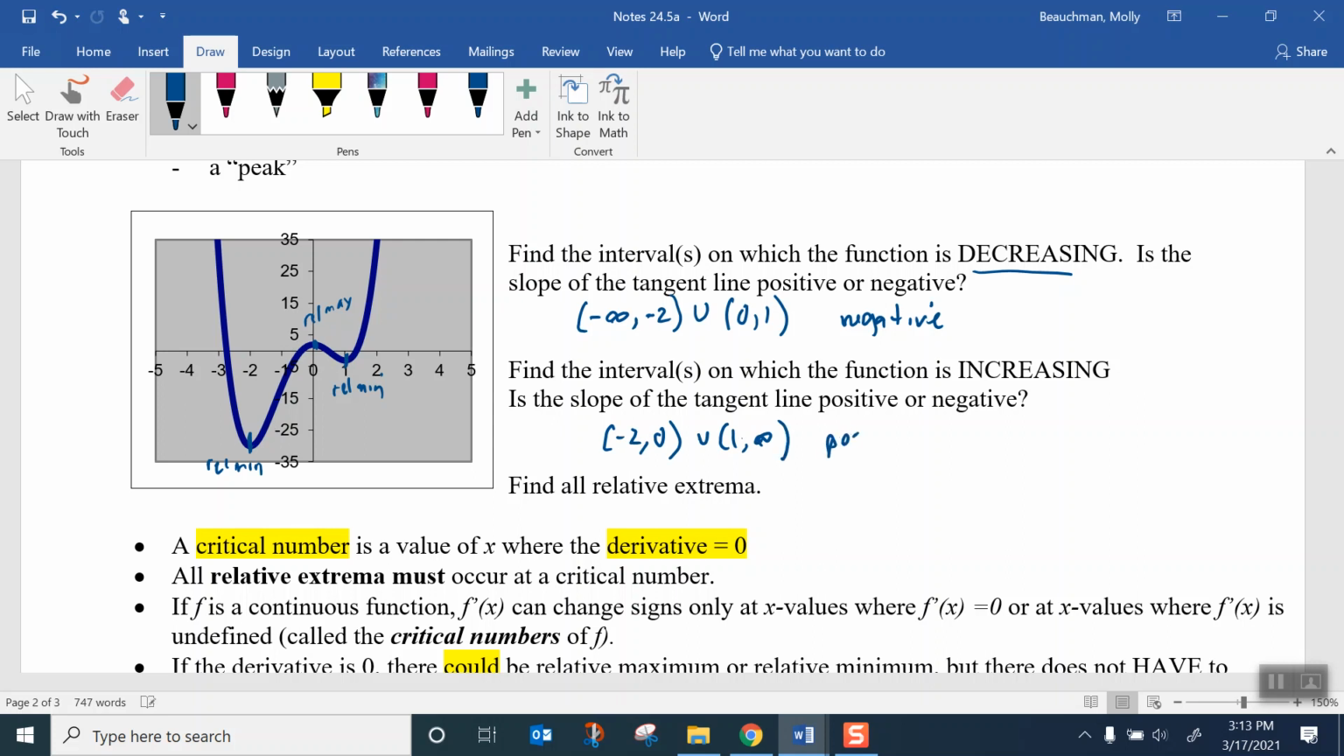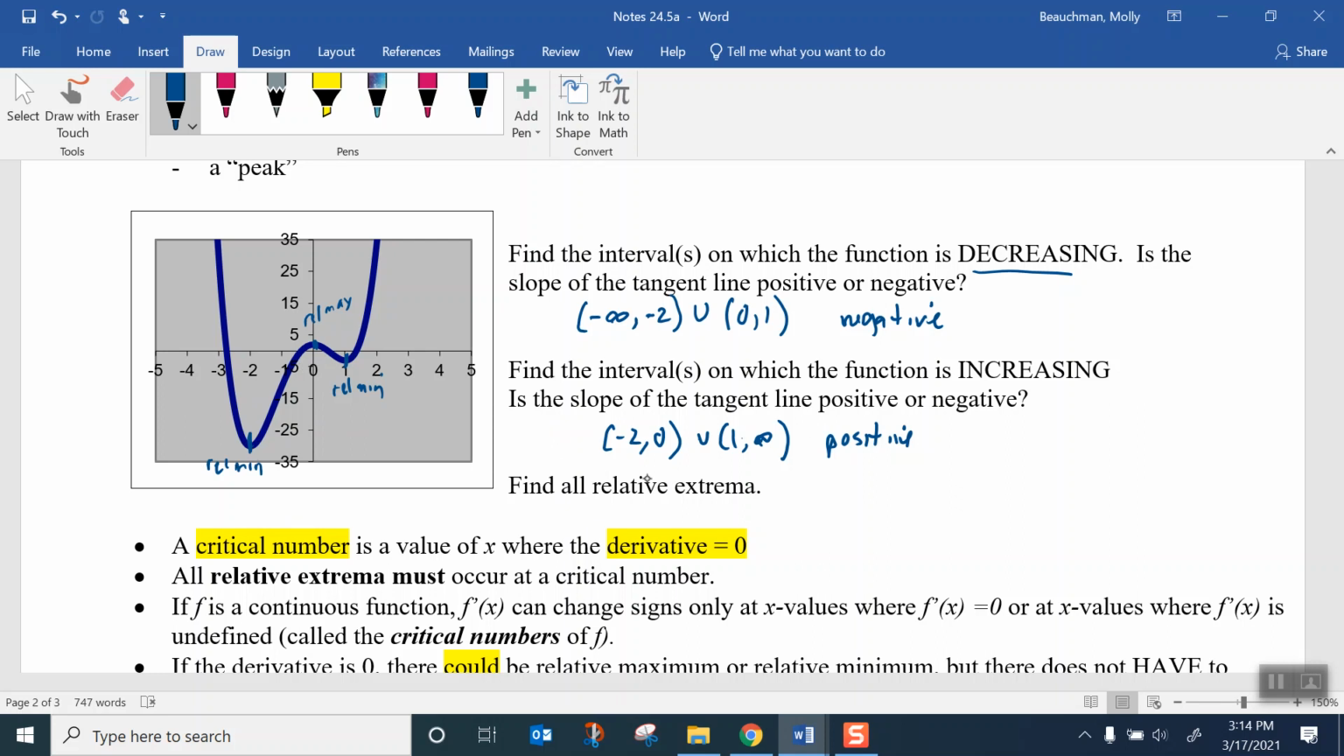And this is where the slope of the tangent line is positive. So how do we find where a function is increasing, decreasing without having the graph? Okay, so we're going to use calculus for that. To find the relative extrema, we can get that from the